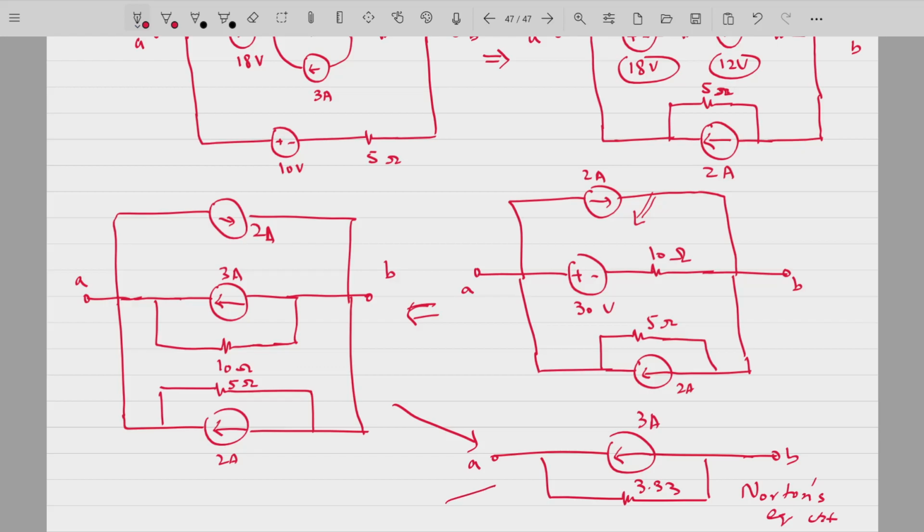Using source transformation again, A, B, 3 into 3.33, that is 10 volts, plus minus AB, 10 volts, 3.33. This is your Thevenin's equivalent. यही आया आपको Thevenin's equivalent voltage, आपको VTH 10 volts आई।